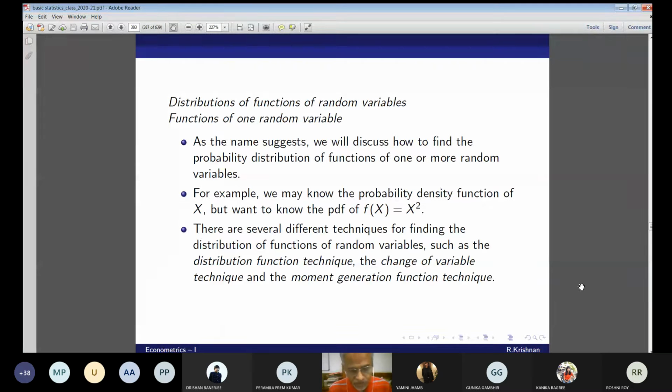For example, you must have heard of elasticities. You must know how you calculate elasticities given the regression coefficients. We will see that also when we come to econometrics. This is a very useful technique, and all of you must learn it. In econometrics, I have quite a few exercises using this delta method.